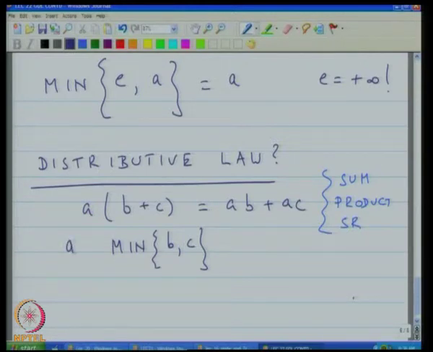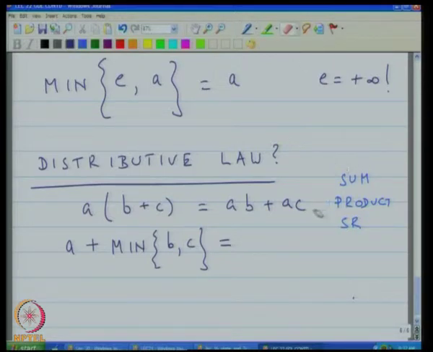So, the question is, is it true that A plus the minimum of B and C is